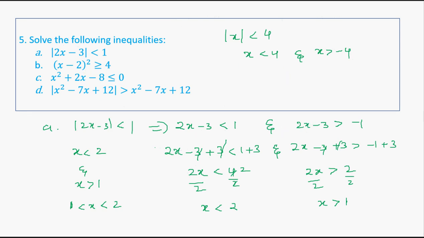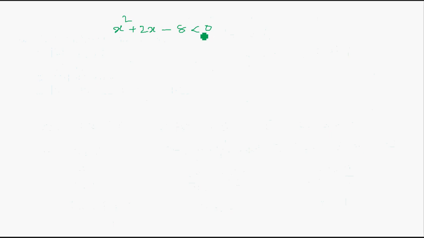Less than or equal to, sorry. Now clearly, this is a fraction form, and we will get two roots, say alpha and beta, right? Now when the inequality is in this form, that is less than or equal to 0, the solution will be here. All the values of x in between alpha and beta